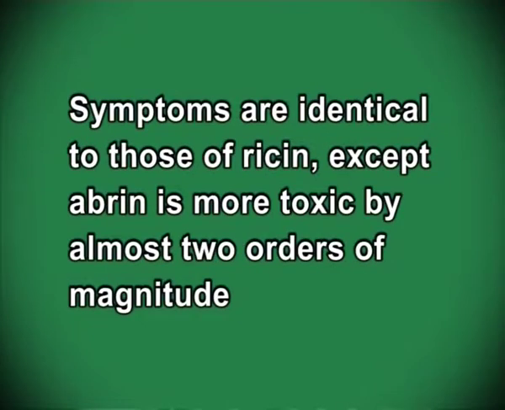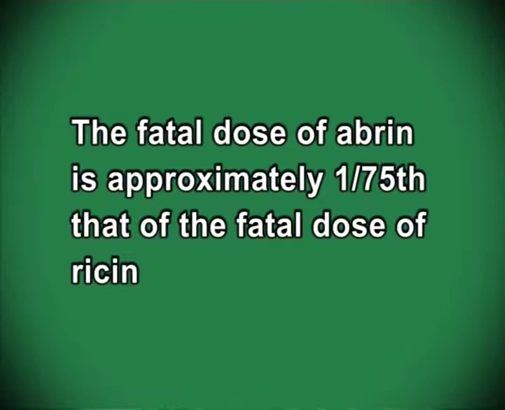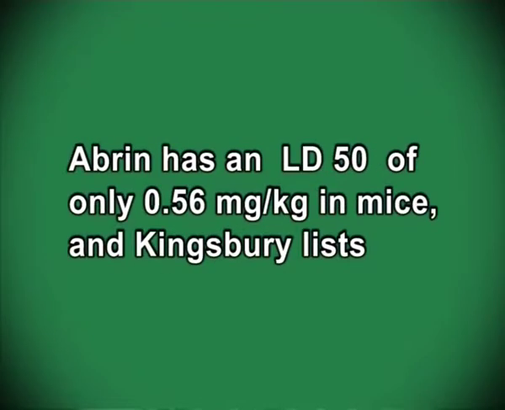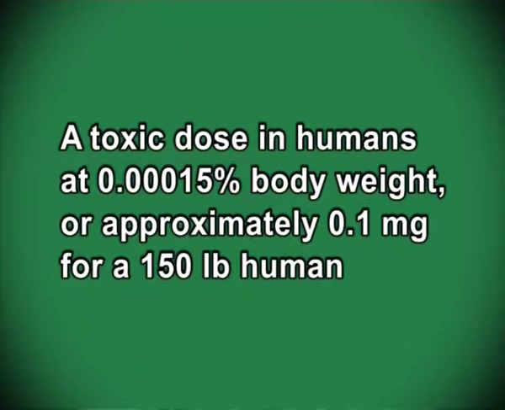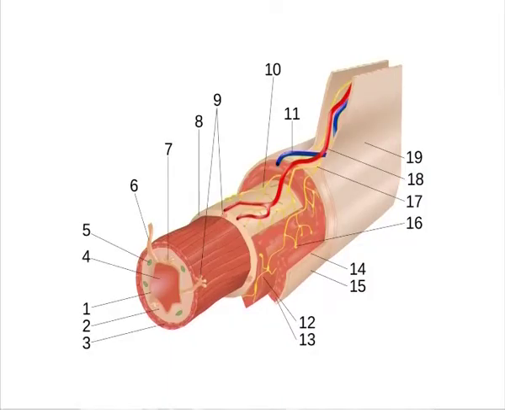Symptoms are identical to those of ricin, except abrin is more toxic by almost 2 orders of magnitude. The fatal dose of abrin is approximately 1/75 that of the fatal dose of ricin. Abrin has an LD50 of only 0.56 micrograms per kg in mice, and Kingsbury lists a toxic dose in humans at 0.00015% body weight, or approximately 0.1 milligram for a 150-pound human. Ingesting intact seeds may result in no clinical findings as they can pass undigested through the gastrointestinal tract due to